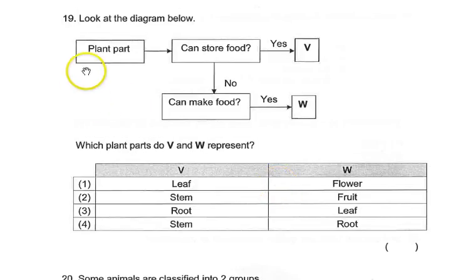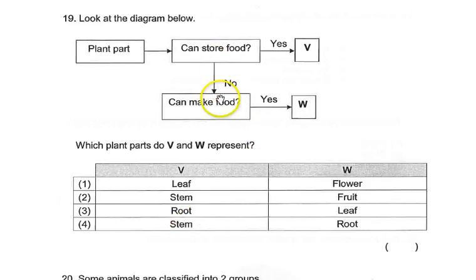Okay, let's take a look here. Which plant part can store food? Yes, if it can store food, it is V. So over here, which one can store food? Can a stem store food? Leaf? Yes. Stem? Yes, I heard there are some stems that can store food for the plant. Roots? Stem. Okay. And next, it says